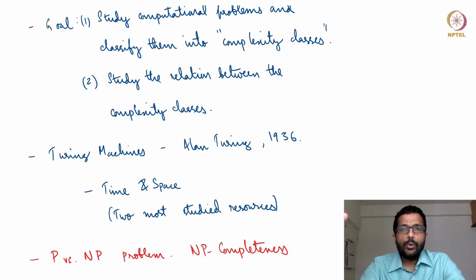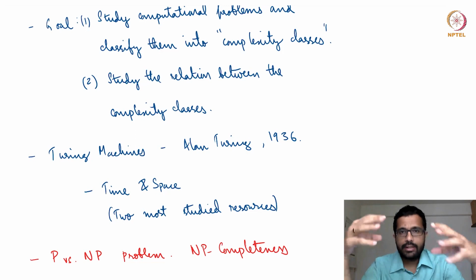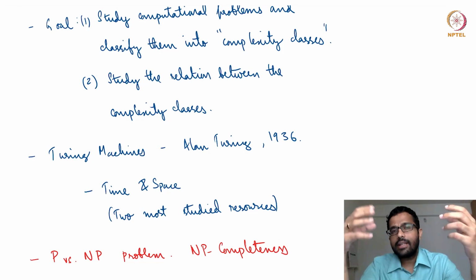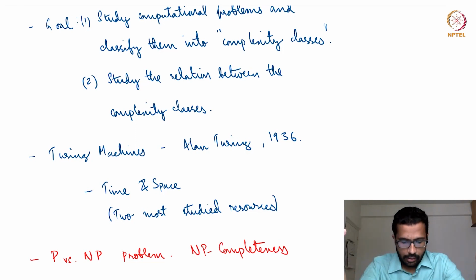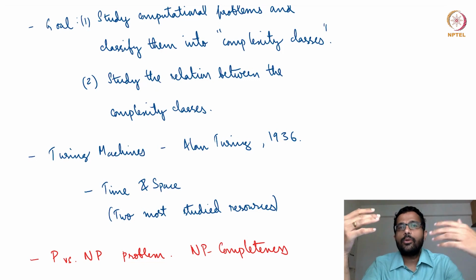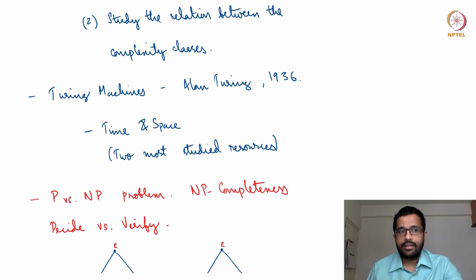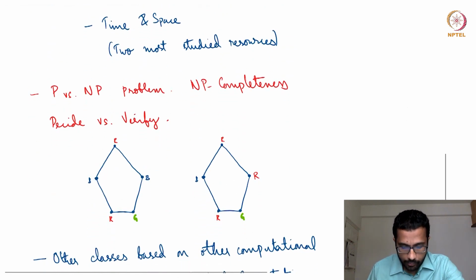So what we will be doing in this course is to classify computational problems based on the resources used. Whatever I said is based on time and space and on the Turing machine model. And in the Turing machine model, we will see the problem of NP completeness, which is an attempt to answer the P versus NP problem. Again, you would have heard of the P versus NP problem. This was a famous unresolved question in computer science, all of computer science, not just computational complexity.